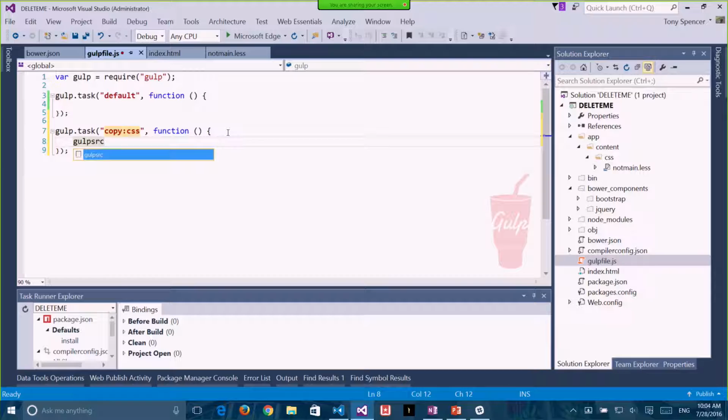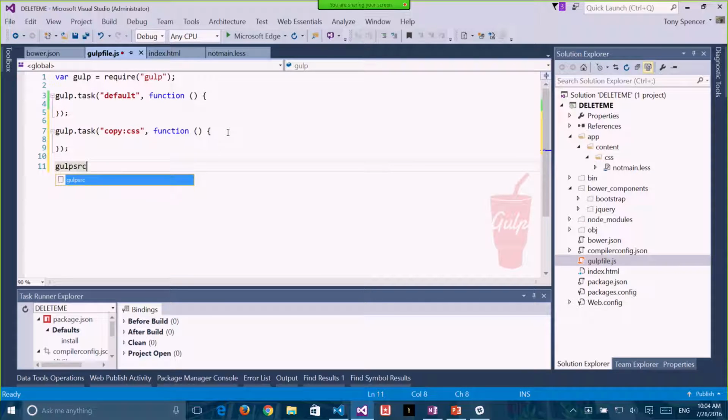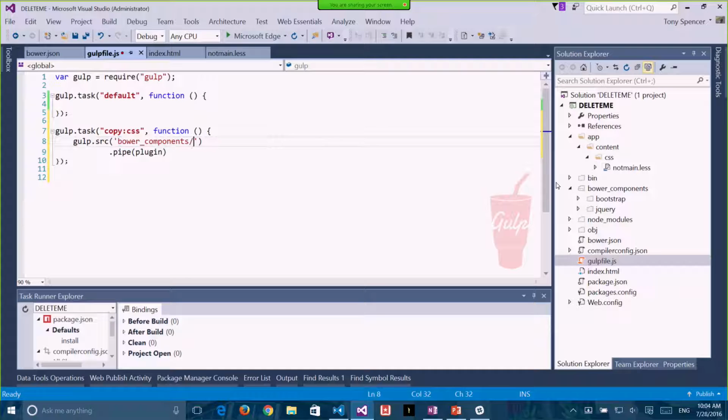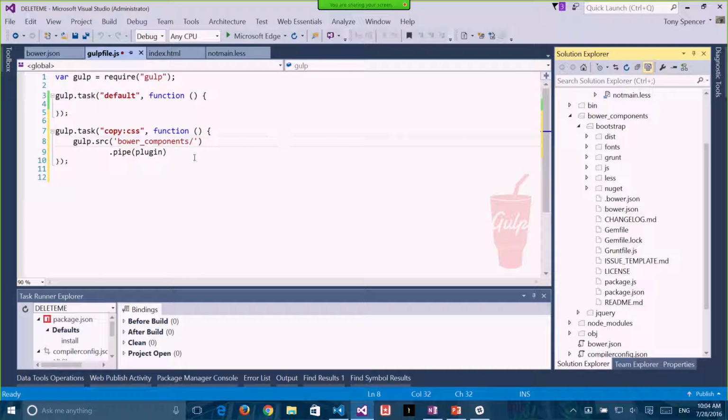I need a source. Yeah, see that one? I don't know why that one. So this is what I have to do. This is weird. I don't know why that snippet doesn't work. I need to let him know. But if I come down outside of that function, it works, and then I can paste it in. So for my source, let's see where are we at. I want to go into Bower components / bootstrap / dist /